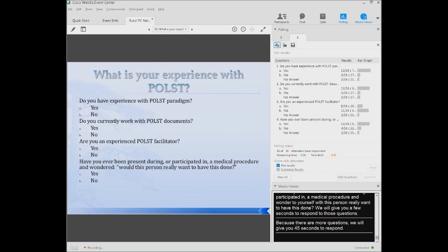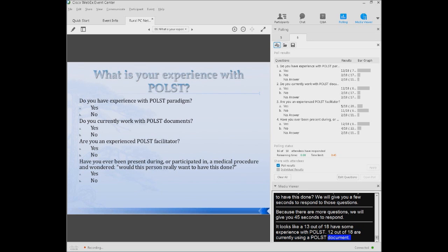Okay, and it looks like 13 out of 18 now do have some experience with POLST. Great. 12 out of 18 are currently using a POLST document. 5 out of 18 are experienced POLST facilitators, and 12 out of 18 have been in the situation